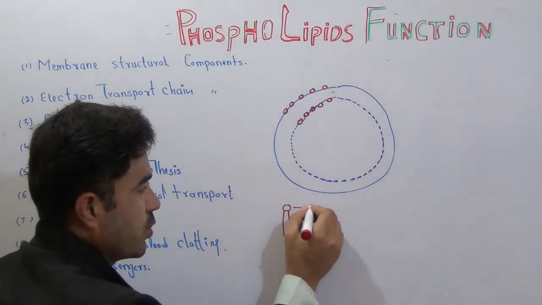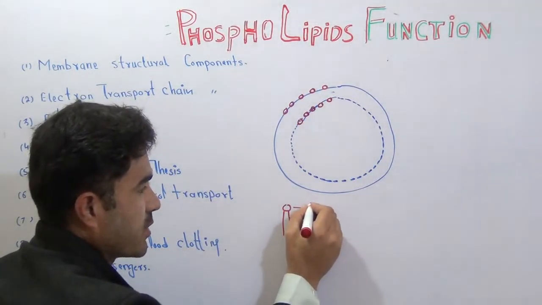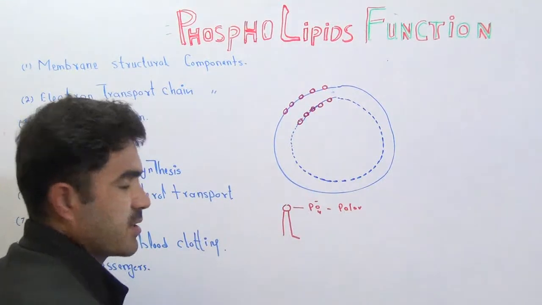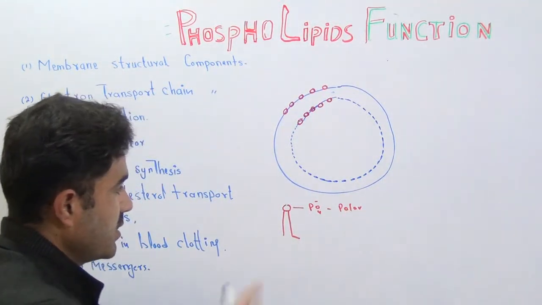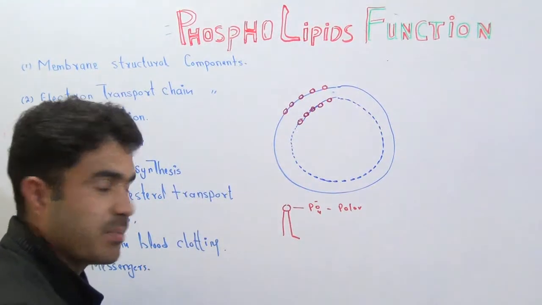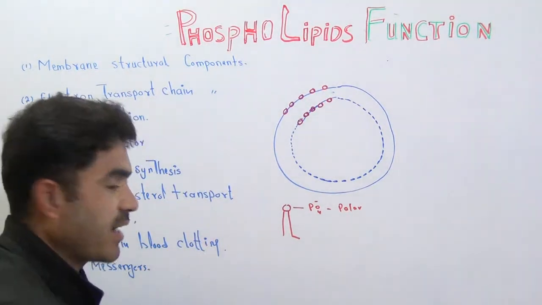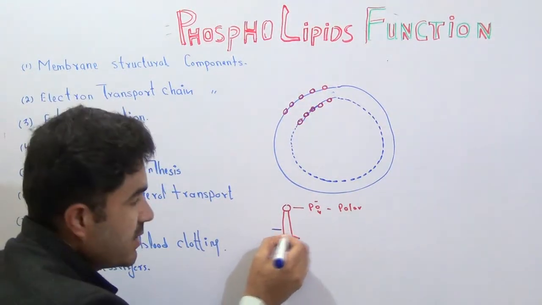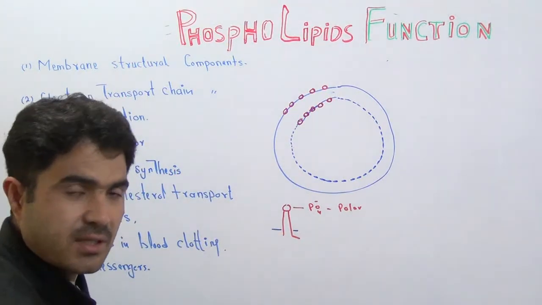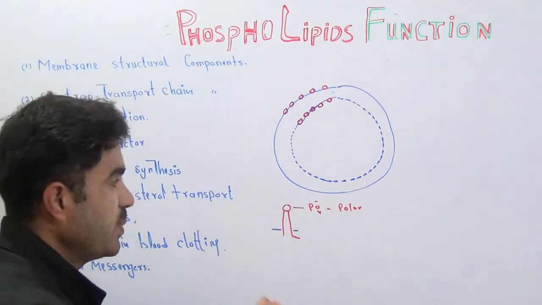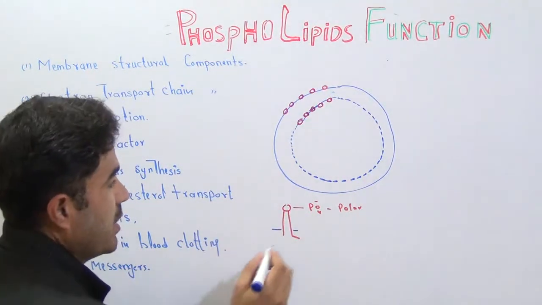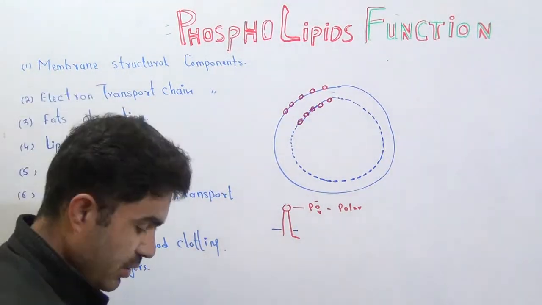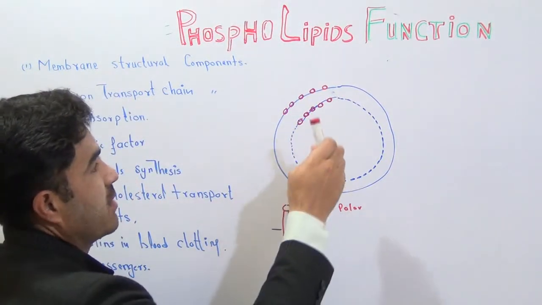The head region shows us that this contains a phosphate group, and because of the phosphate group it is the polar side, while these two lines, one straight, one a little bit bent, show us that this is a fatty acid side chain. So one of the fatty acids is saturated and the second fatty acid is unsaturated, and we know very well that a phospholipid consists of a phosphate group. So this is the shortcut form of a phospholipid molecule, and you will find so many phospholipid molecules arranged in